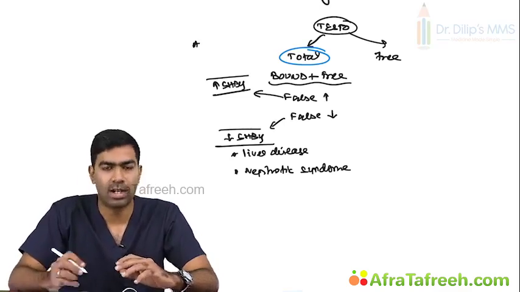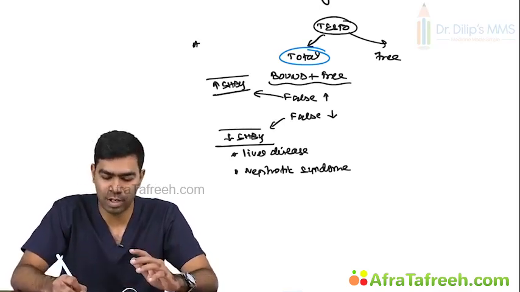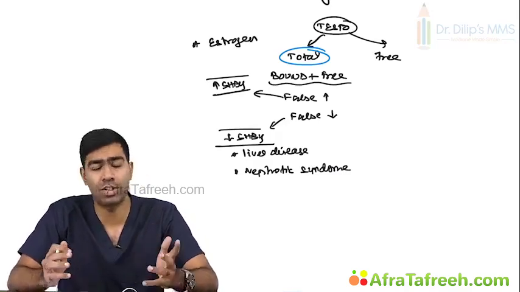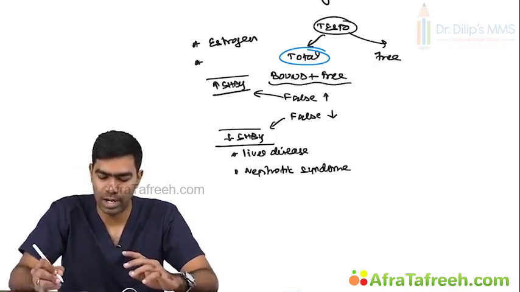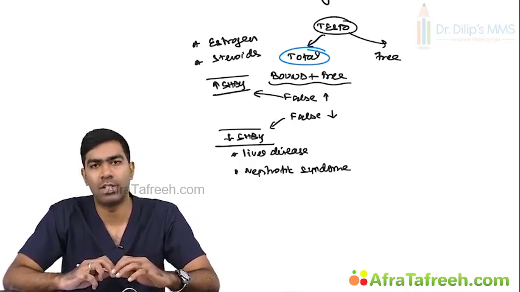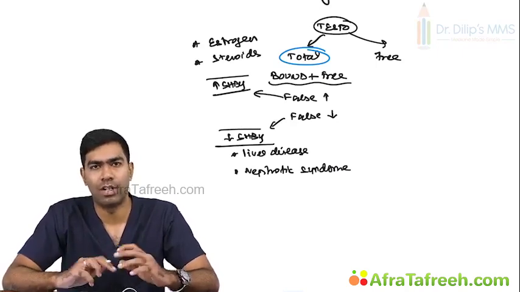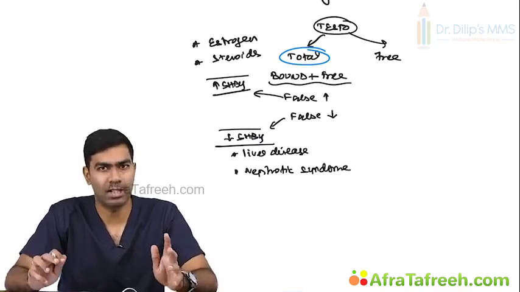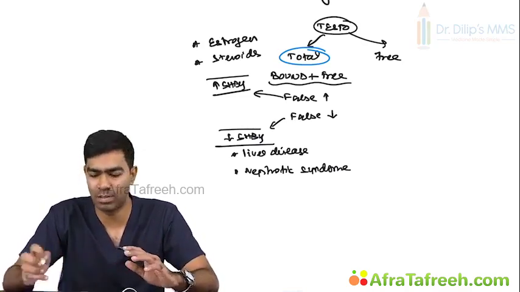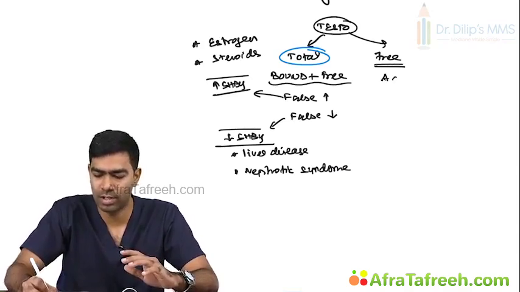There are certain conditions that increase SHBG, for example, estrogen itself can increase the SHBG, that can show falsely elevated testosterone, and steroids like prednisolone can increase the SHBG, which can produce falsely elevated levels of testosterone. Clear? So there are some conditions which can produce falsely elevated total testosterone because of their effects on SHBG, but free testosterone is more accurate,